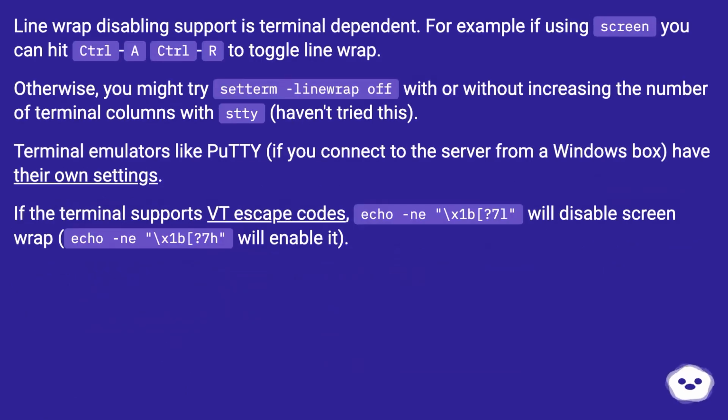Line wrap disabling support is terminal dependent. For example, if using screen, you can hit Ctrl+A Ctrl+R to toggle line wrap. Otherwise, you might try set term line wrap off with or without increasing the number of terminal columns with STTY. Haven't tried this. Terminal emulators like PuTTY, if you connect to the server from a Windows box, have their own settings. If the terminal supports VT escape codes,